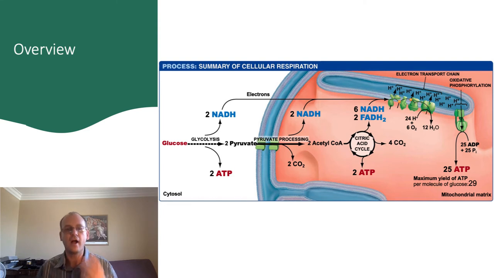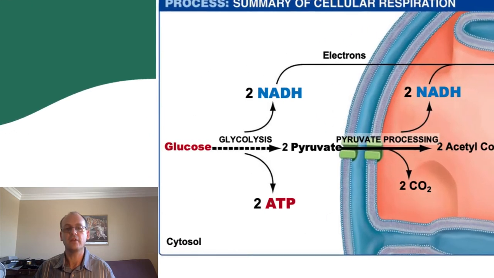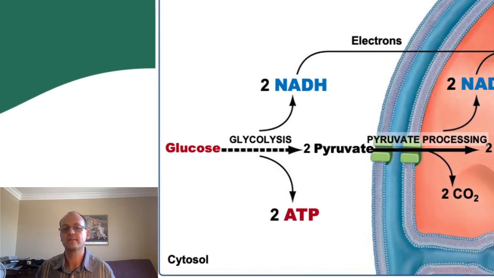This is a pretty complicated process, so I wanted to start off with a very brief introduction so that as we go through the details, you don't get lost in them. So we start this process with a molecule of glucose that has been transported into the cell. A process called glycolysis breaks up this glucose molecule and in the process generates a little bit of ATP and transfers electrons onto a molecule called NADH. You can think of this NADH as a high-energy electron carrier.